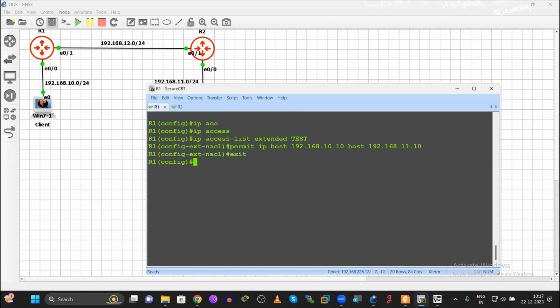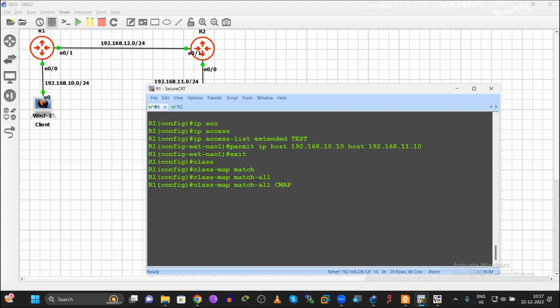Then exit. After successful creation of the access list, we have to create a class map. Class-map match-all. I need to create a class, a classification, that matches all the packets, and I have to specify the name cmap.